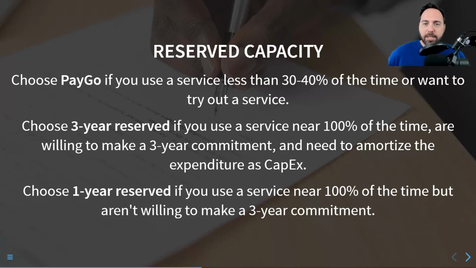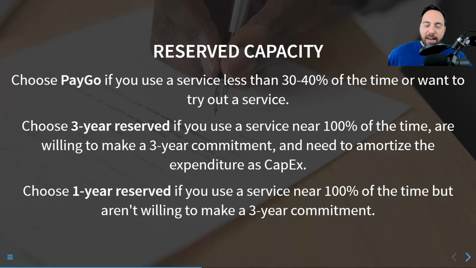A classic example of this: there was a stretch for about 5 years where every year virtual machines would drop in price. And what would happen is by the time your 3-year commitment was through, you would actually pay more than a person who made 3 separate 1-year commitments, because the price of VMs was dropping that much during this time frame. This is no longer true, so if you're going to try this strategy, make sure that the math checks out before you do it.